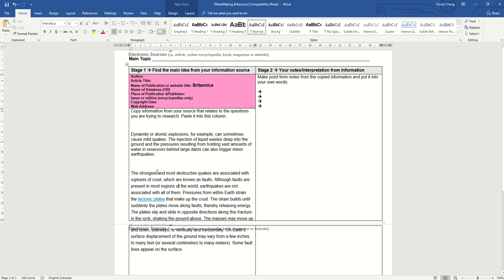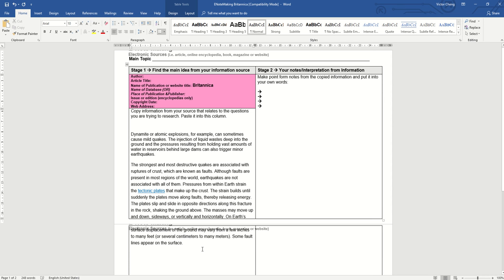Okay, excellent. Now, once I do that, if that's the information I want to take from that section, the next step is I need to start to put it into my own words. So I need to go back and reread it carefully. Dynamite or atomic explosions, for example, can sometimes cause mild quakes. So if I want to put this in my own words, I could say earthquakes are sometimes caused by human activity, such as